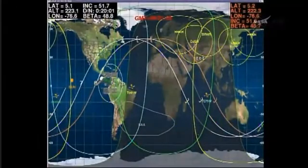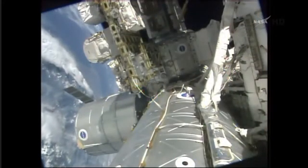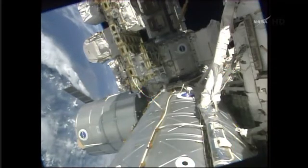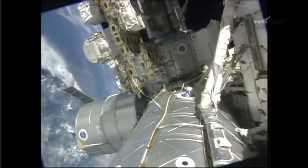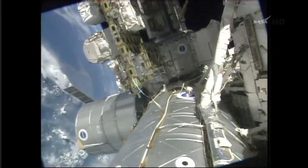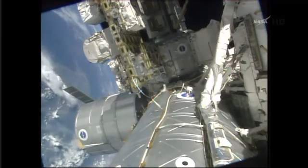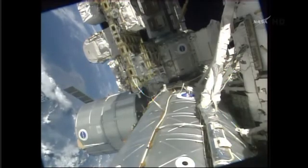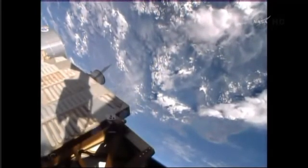Central Time as the Progress and the International Space Station flew 260 statute miles over the eastern Pacific just west of Peru. We now have confirmation that the hooks are closed to form a hard mate between the two vehicles. The crew on board the station, particularly the Russian cosmonauts Mikhail Tyurin, Alexander Skvortsov, and Oleg Artemiev, received congratulations from the head of the Russian Federal Space Agency, Oleg Ostapenko, and the head of RSC Energia, which is in charge of mission operations, that being Vitaly Lopota, offering congratulations on the successful launch, rendezvous, and docking of the Progress to